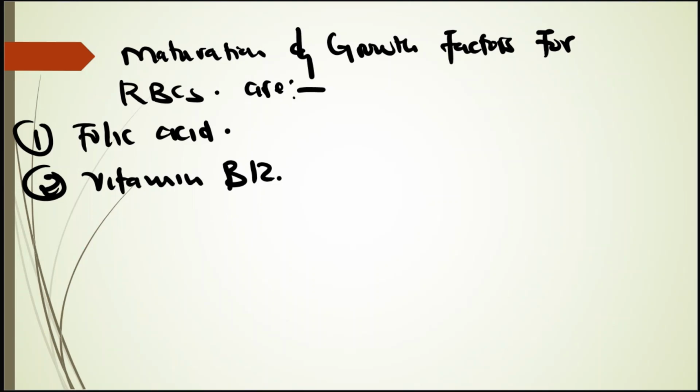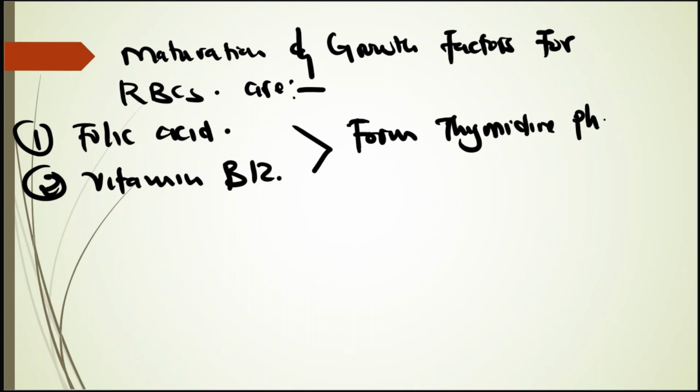They are required for the maturation of red blood cells. How do they work? They act on the maturation of red blood cells by providing an essential DNA building block called thymidine phosphate. So these contribute to, or form, thymidine phosphate. This thymidine phosphate forms DNA